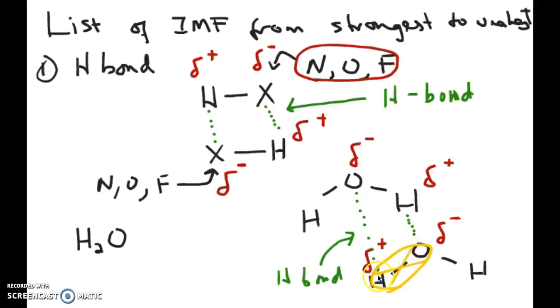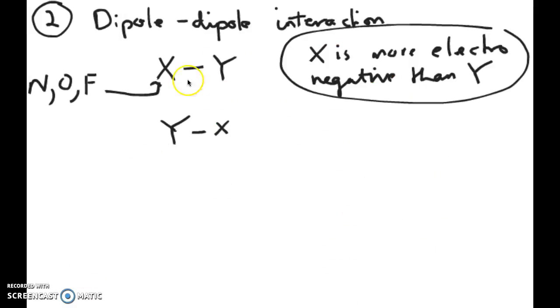And again, I want to highlight that it's not this bond that we call the hydrogen bond, but it's this interaction right here. Now, we can also have a dipole when hydrogen is not present. As long as we have a more electronegative atom on one side and a less electronegative atom on the other side, bonded covalently, that would cause that charge distribution where one side is delta negative and the other side is